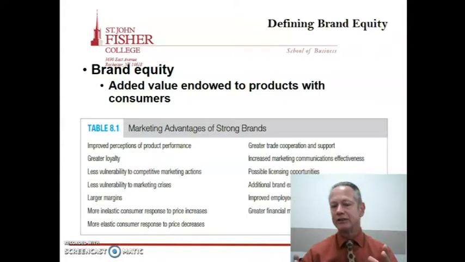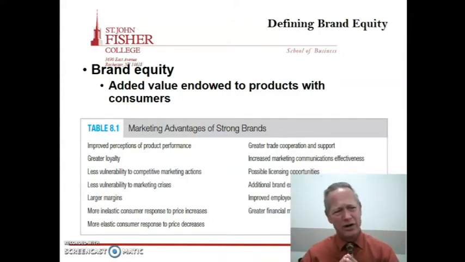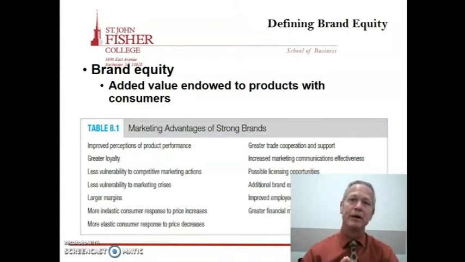And the marketing advantages of a strong brand are improved perceptions, loyalty, distribution. When Nike brings out a new product, they immediately get distribution just because of their brand. When Procter & Gamble comes out with a new product, or Coke comes out with lemon lime Coke, they came out with a vanilla orange Coke, I'm not sure if that lasted, but they immediately get distribution because of their brand. They're less vulnerable to marketing crises. All of these things that you see in front of you on the screen are all different advantages of strong brands. Brand equity takes all of those into consideration.